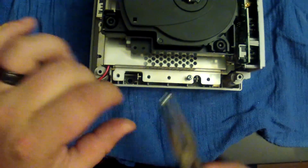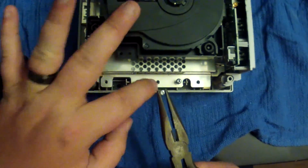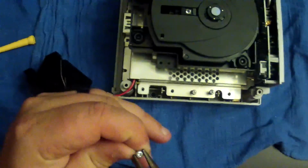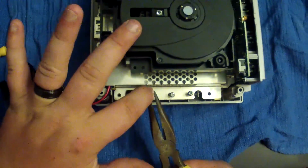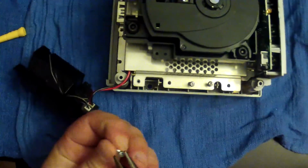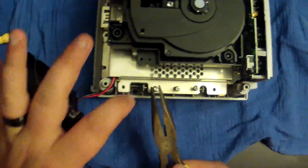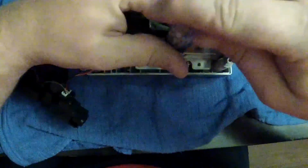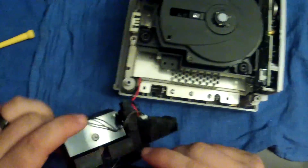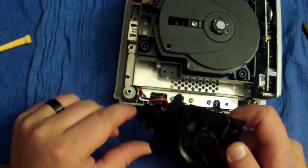So here we go. It's going to be these 3 right here. If you can help it, try not to cross thread them, but you might cross thread a couple and it'll be fine. But as you can tell, it's the 3 underneath the fan. So now that we got these 3 screws here that are underneath the fan, if you want to go ahead,